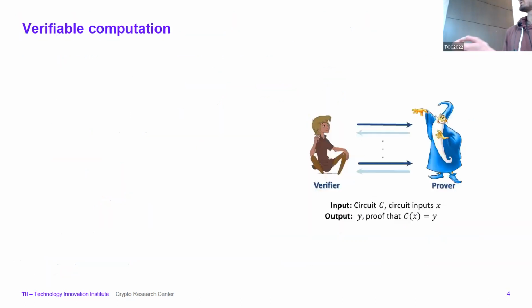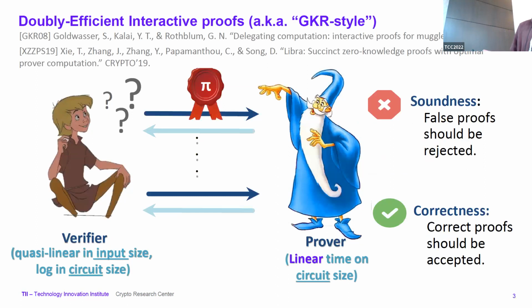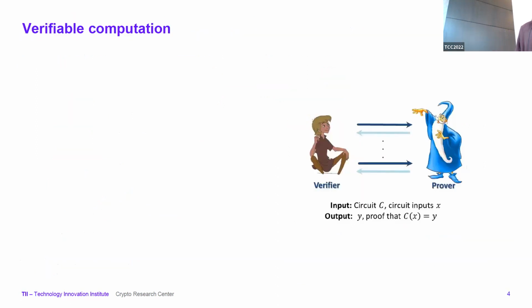So what's good about interactive proofs is that then we can go and tell people, oh, we're solving a practical problem. We're solving a verifiable computation problem, and give us funding, please. So we have the verifier and the prover. The verifier has some circuit and some input X, and maybe the verifier is too lazy or doesn't have enough resources. So the verifier is going to ask the prover to compute on the input and return the result with some proof.